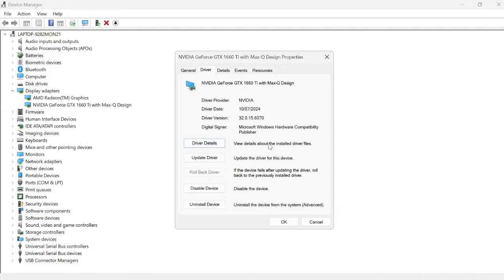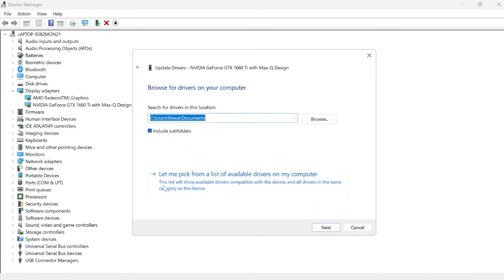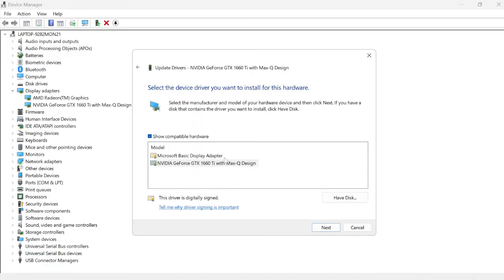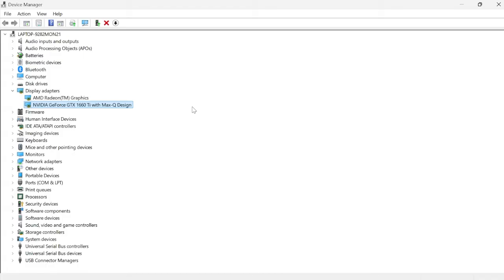If that doesn't work, what I'd do instead is come over to Update Driver, and then you want to select Browse My Computer for drivers. Select at the bottom here where it says let me pick from a list of available drivers on my PC, and then just select your graphics card from the list. So again, mine's this NVIDIA one, and hit next. And then as you can see, it's now going to install the latest drivers to our device. So once you've installed the latest driver, we can then head back over to DaVinci to check to see if